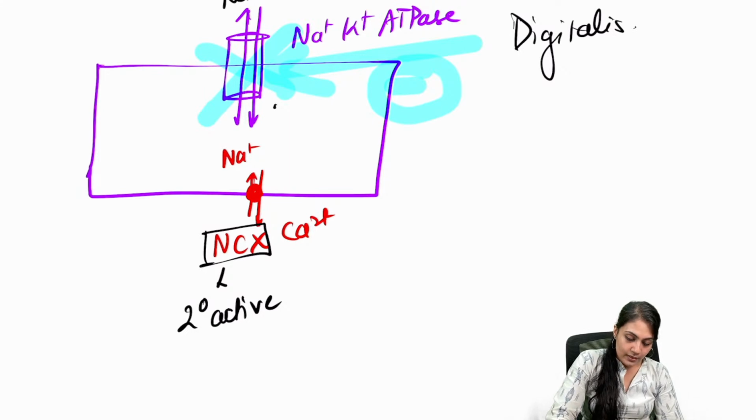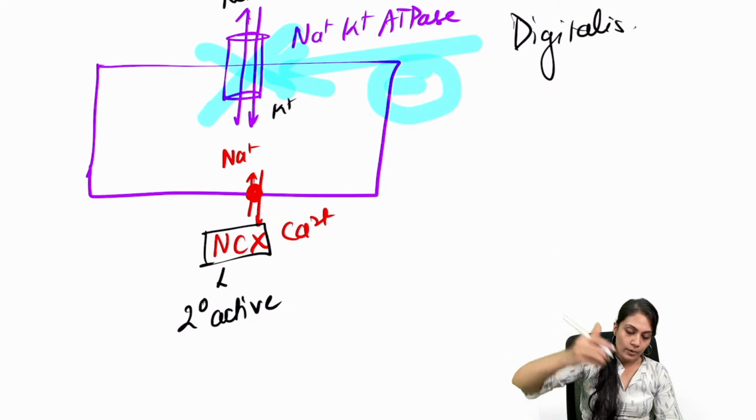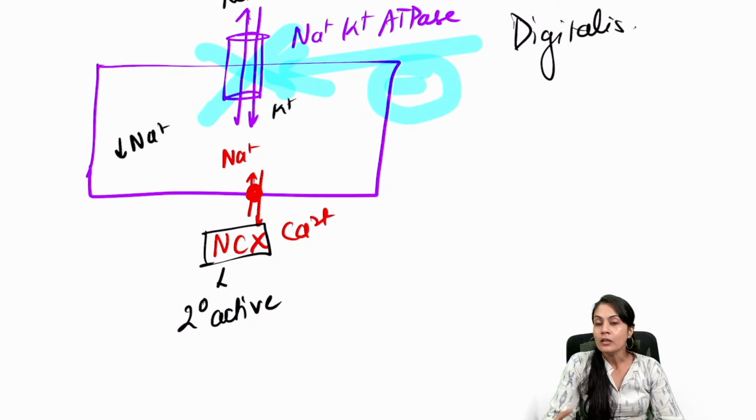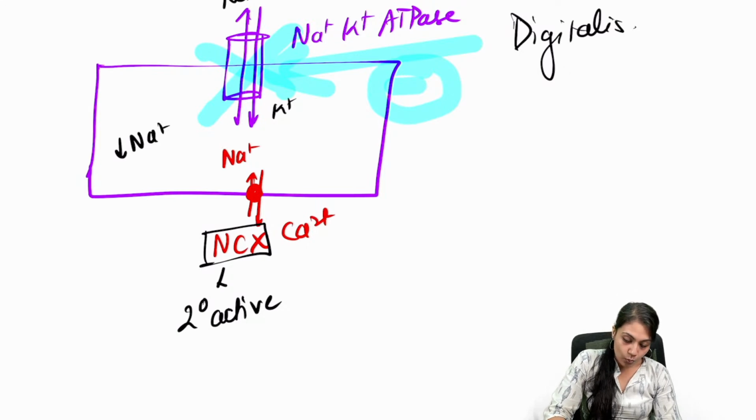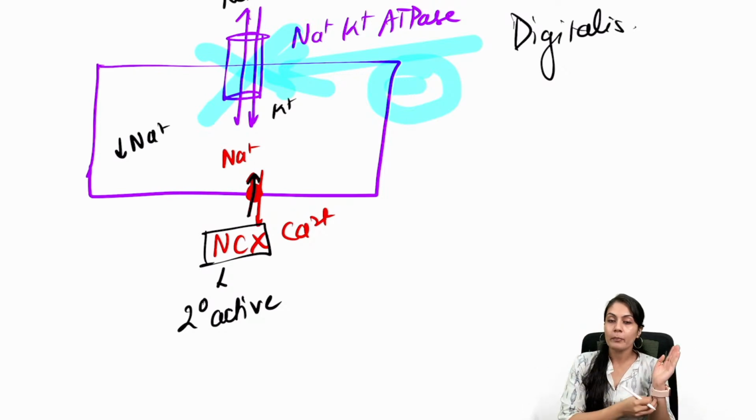With the help of this creation of the gradient, when the sodium potassium ATPase throws the sodium out, there will be less sodium available inside the cardiomyocyte, and this gradient is created. Using this gradient, the sodium calcium exchanger doesn't use any different ATP. It is going to use the gradient created by the primary pump, and it is going to throw the sodium out. But remember, we are moving one positive ion inside, and we have to maintain the electrical balance also,